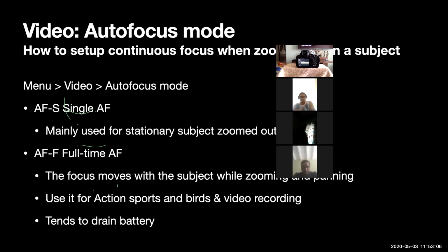If you keep on full time autofocus, it will keep on autofocusing on your frame. Every time you zoom in, zoom out, or change, it will keep on trying to do that. Advantages and disadvantages are also there. We will see the difference between full time autofocus and single mode. First I will show you the single AF mode. I just changed it to single AF mode, and I'm moving my camera here. I don't know if you are able to see again. So I'm going to put the video mode on.